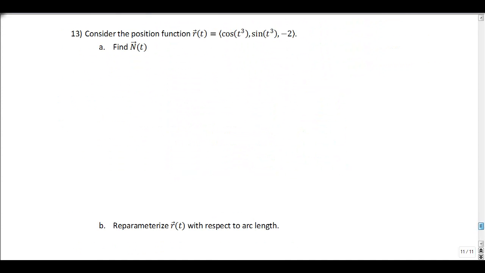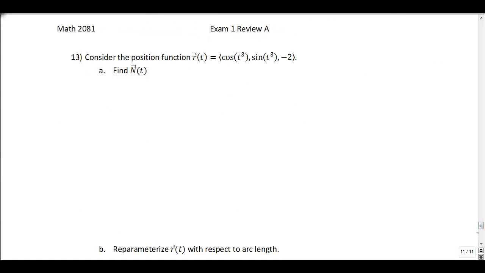Okay. One more position function. We want to find our unit normal here, our principal unit normal vector. So what we've got here is an r of t. We want to find the principal unit normal. So what I'm going to do, first of all, is find T of t. To do that, I have to find r prime of t, and so maybe I'll just write up here. I really want to find, first of all, T of t, which is r prime of t